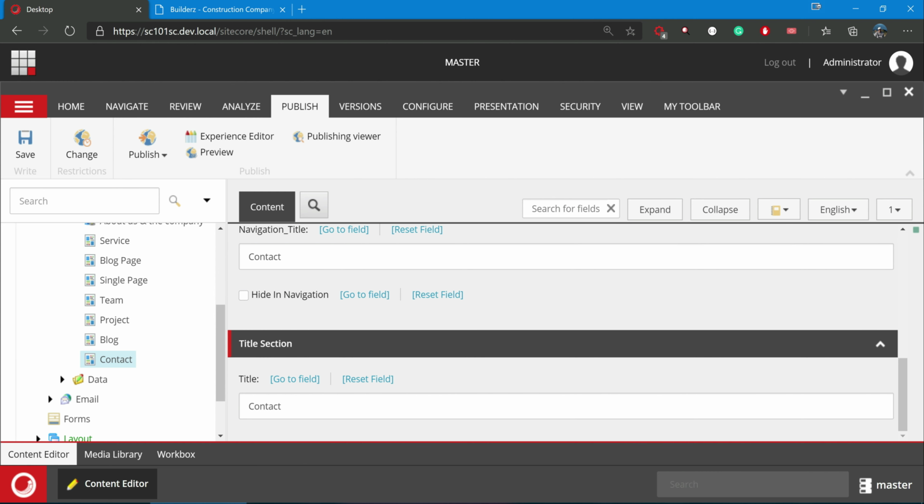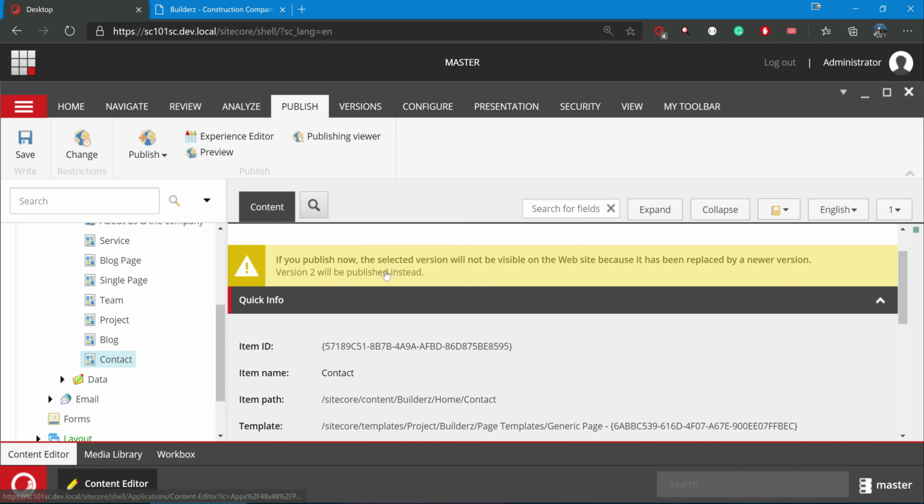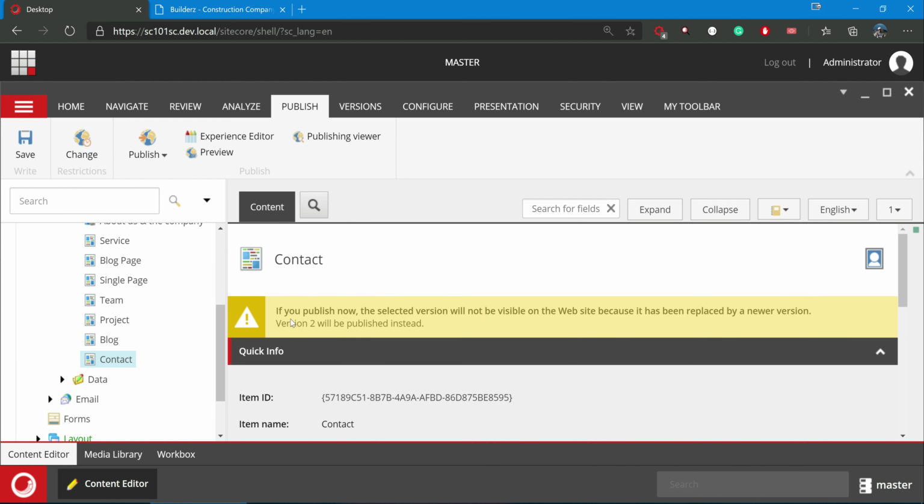If I want to change this after a certain period, I can go to the change option. It will also give you a warning about which version is published now. If you publish now, the selected version will not be visible because version 2 will be published instead, since version 2 is newer.